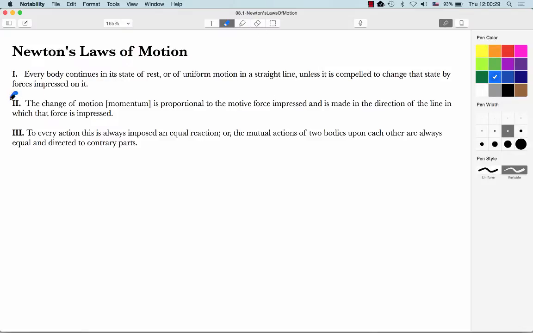Okay, now let's take a look at the second law. It says the change of motion, that term now, we would say the change in momentum, is proportional to the motive force impressed and is made in the direction of the line in which that force is impressed. Okay, so in math terms, we would write that as F net equals dp dt. All right, and then finally,